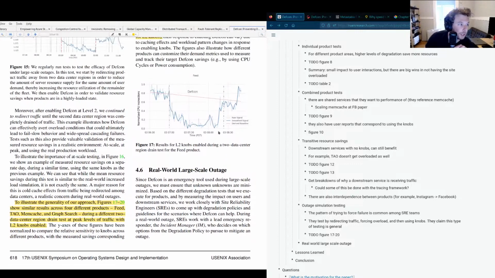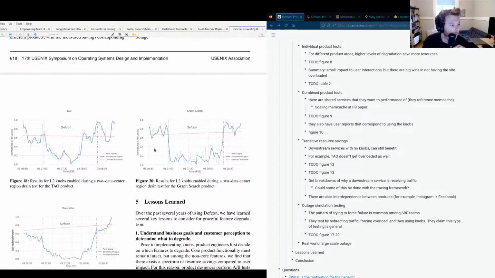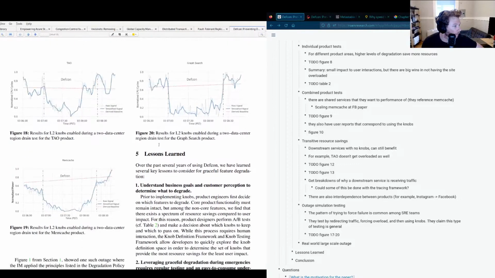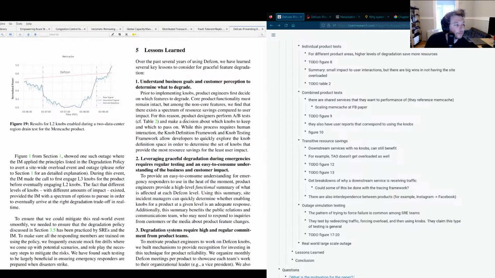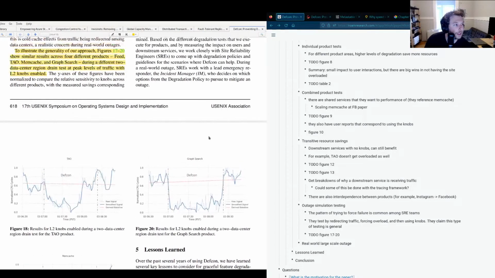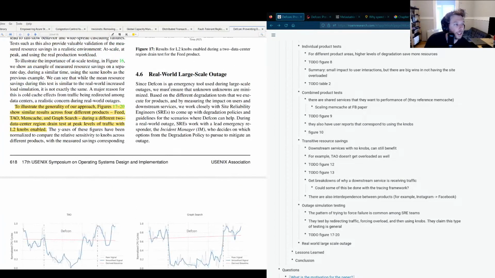Okay, and then they talk about some large-scale outages. But let's first look at this. Okay. I think this is actually, figure 17 through 20 are actually fairly similar. Okay, so 4.6. So actually,